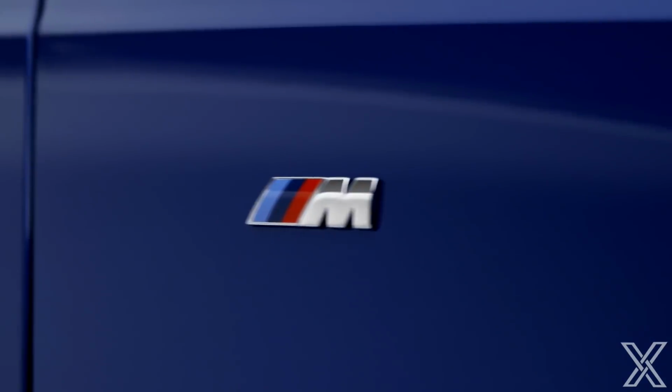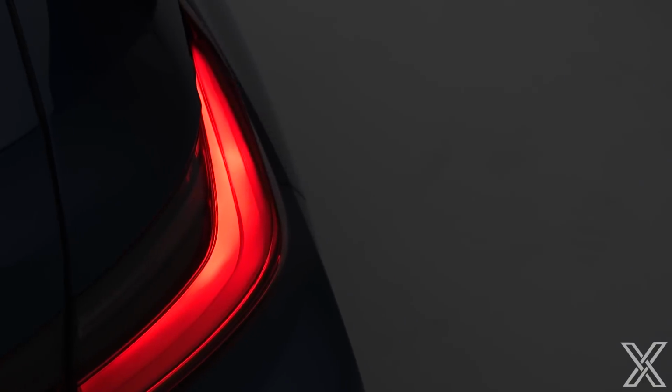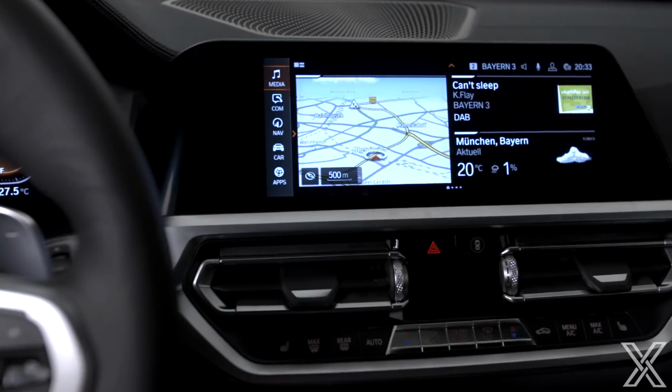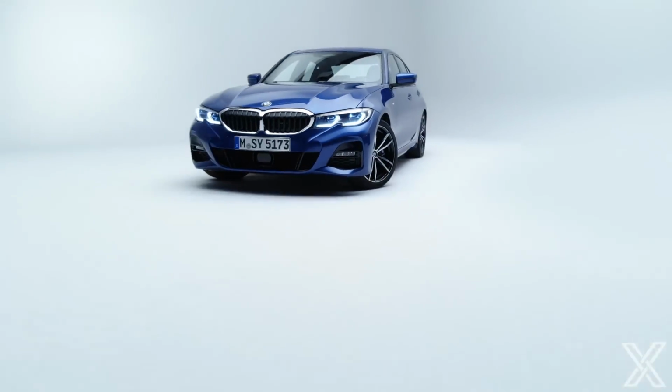And it's pretty important because the 3 Series has been one of the staples of the BMW brand. It's an enthusiast vehicle. I think it has been one of their best-selling vehicles ever. And it's a really competitive market space now. They kind of defined it by making small luxury sedans fun to drive. If you think about an E46 330 or an E90 335 or something like that, those were great, affordable luxury